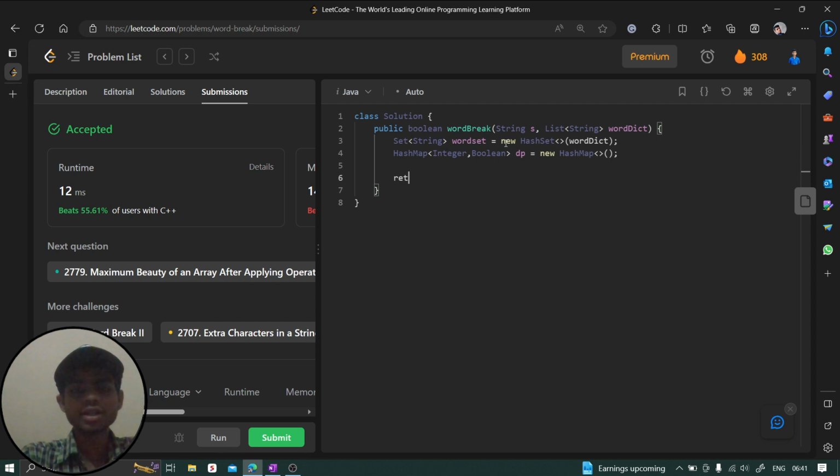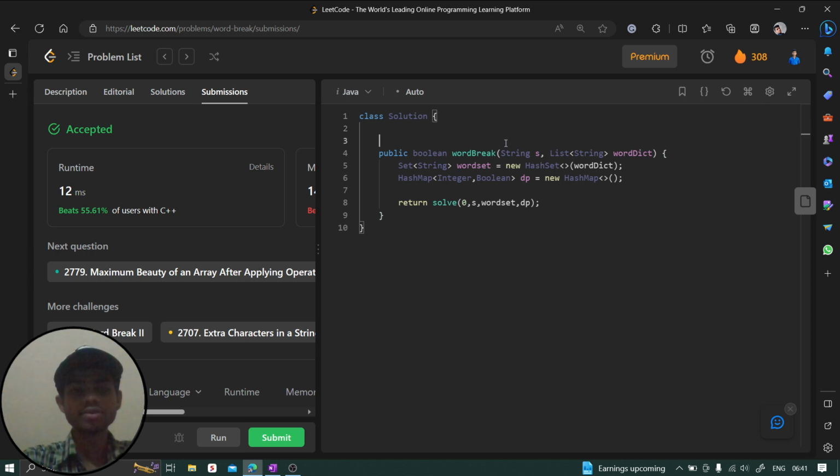Now once we have dp as well, now return our sol function. Whatever sol function will return, that will also be a boolean value. So return sol, and here we're going to pass first of all index, which is going to be 0, then string, then we are going to pass our word set, then we are going to pass our dp. Fine. Now define this function. So we can say boolean sol, int index, then string s, and we can pass the next word set. So we can say set of string is going to be word set, and we can pass hash map of integer and boolean